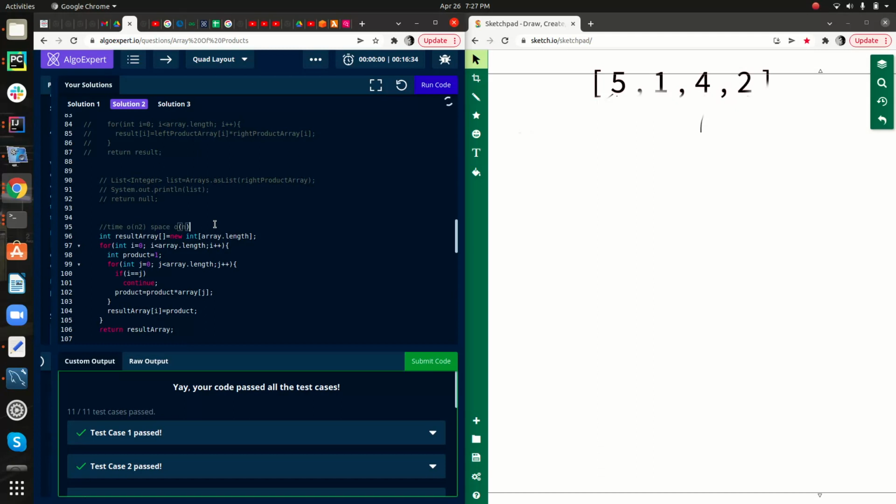Yeah, time is O of n square, space is O of n. So this is the brute force approach. Now let's look at the second